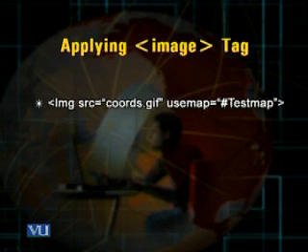So similarly, in step number 3, using the usemap attribute and the number sign, usemap's value would be hash testmap. That would tell the browser that it has to use this particular map called testmap. So these are the 3 steps required to create an image map, to divide a picture into clickable regions.